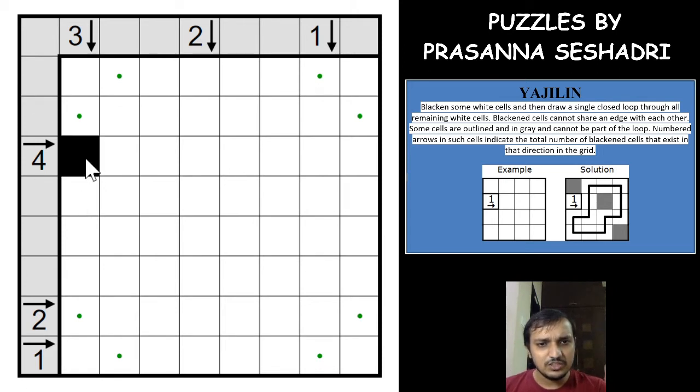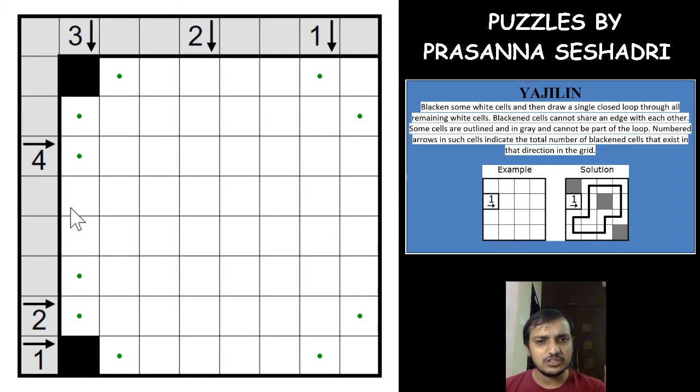If you see, this cannot be shaded. Now if this is shaded, these 2 cells and these 2 cells will be unshaded, which makes these 2 cells shaded. So you have only one white cell in between. So this is unshaded. The same way this has to be unshaded, the opposite symmetric possibility. So if this is shaded, this and this have to be shaded, which means that these both cells are unshaded, and you have exactly 3 places for the 3 black cells. One is this, and one of these 2 cells will be shaded. We are not sure which one, but one of these 2 cells will be shaded.